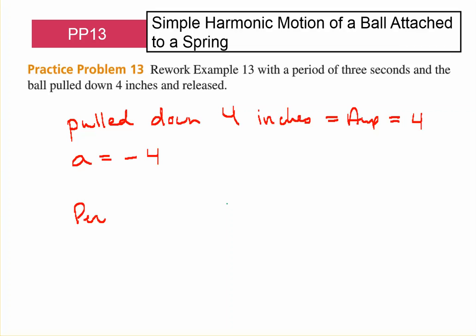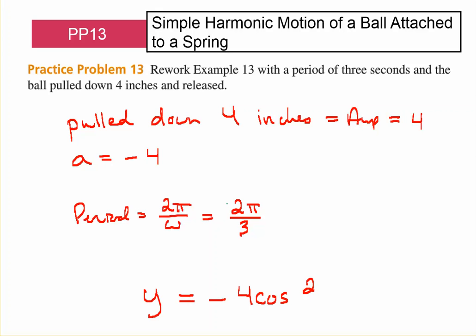We're going to use cosine, but there's the period. The period is 2 pi divided by omega. The period is the time it takes for it to go all the way up and then come all the way down. In this case it's 3 seconds. So all we really want to get out of it is the whole concept of what omega is. Omega is 3, and omega is the number that's multiplying the t in the front. So y is equal to -4 cosine of